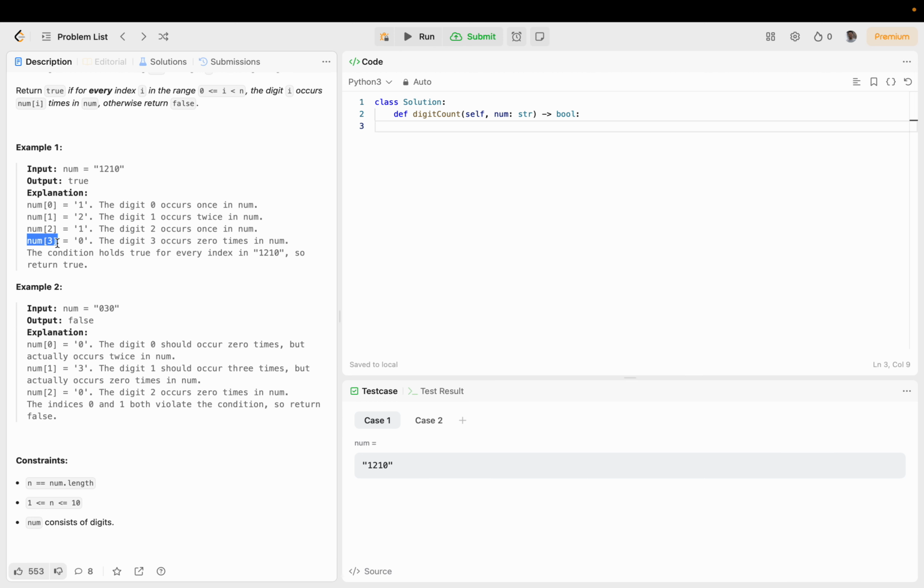Okay. Num at 3 is 0, the digit 3 occurs zero times in num. The condition holds true for every index in 1210. Okay. So at 0,